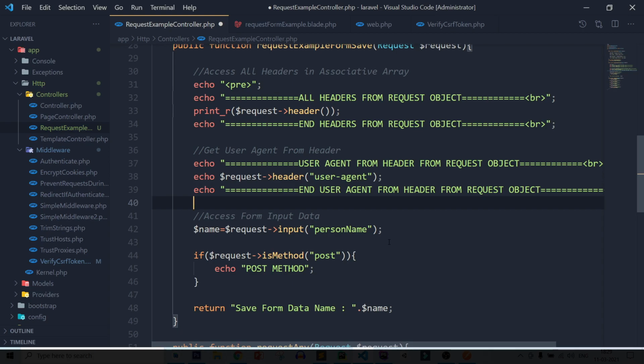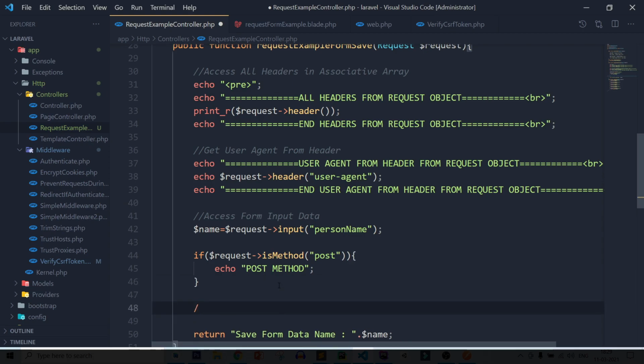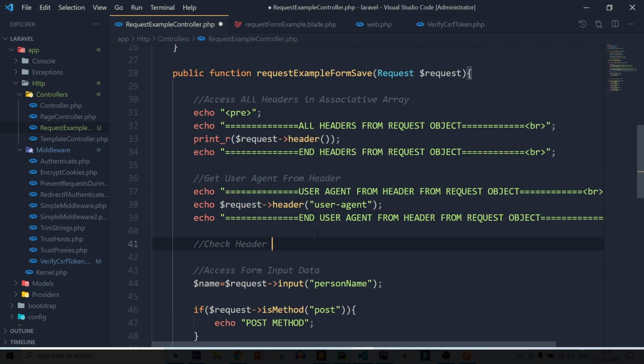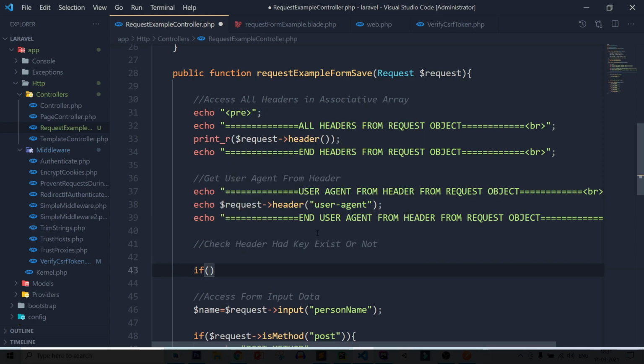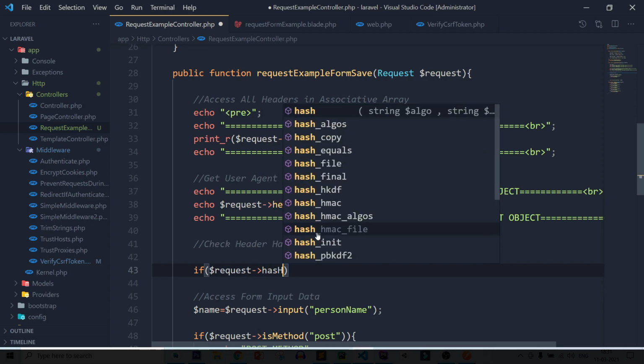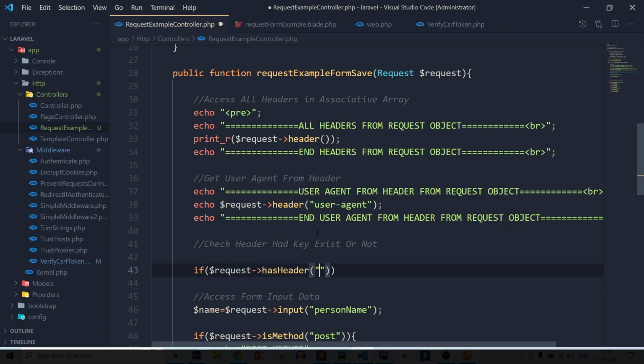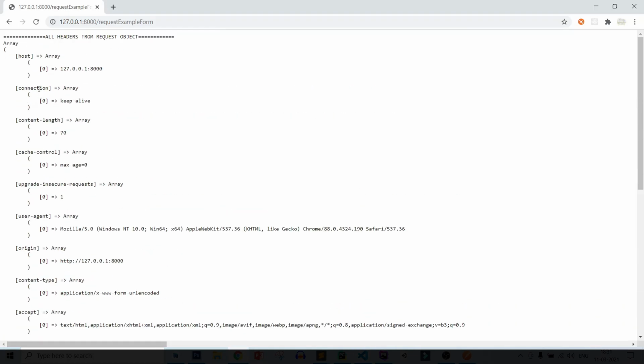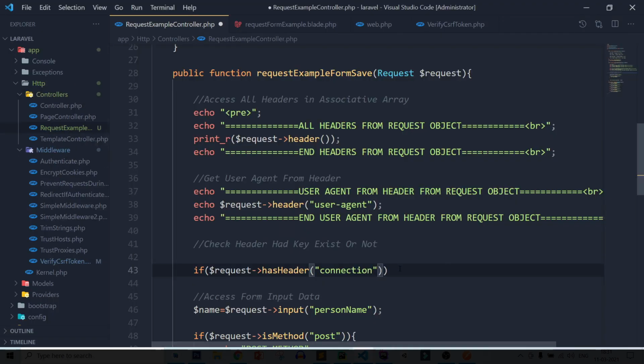Now if you want to check whether the header contains some key name or not, let's see how you can check. So here, check whether header has key exist or not. So if $request->hasHeader, now pass the key name which you want to check exists or not. So suppose that I want to check connection. So connection